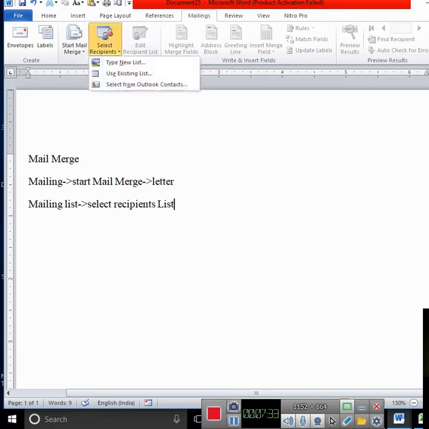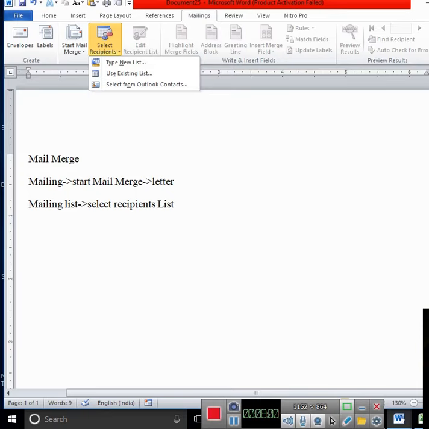I will click it. Here there are two things, type new list and use existing list. Now what is the basic difference? Use existing list means the list of addressees is already created, and type new list is for if you are creating a separate list for sending the data everywhere.